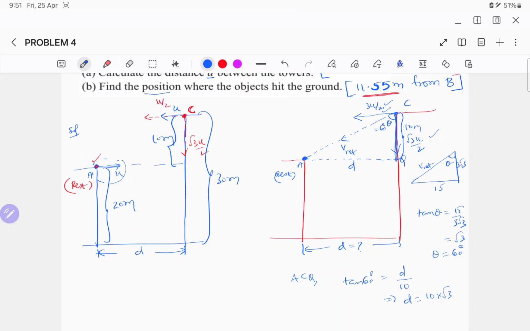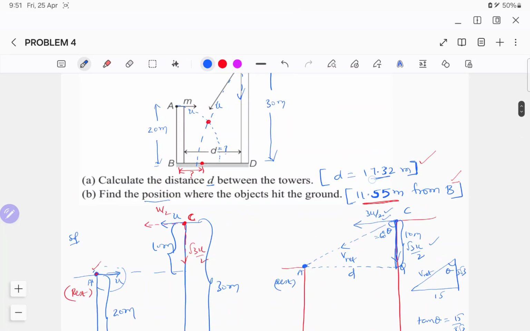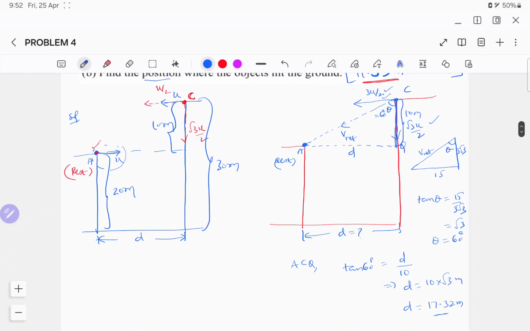So 10 root 3 meter is the d value, or in number form, because root 3 is 1.732, it will become 17.32 meter, right? So one of our answers is ready now. Next thing here is